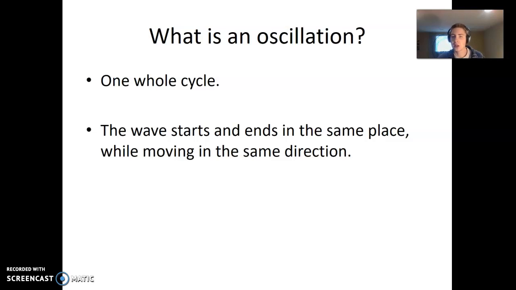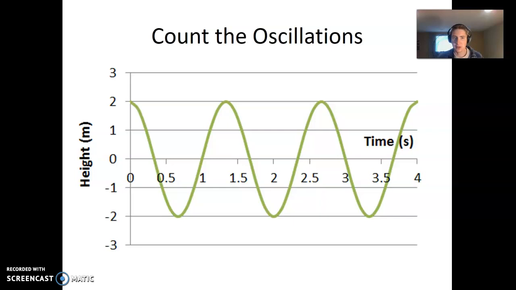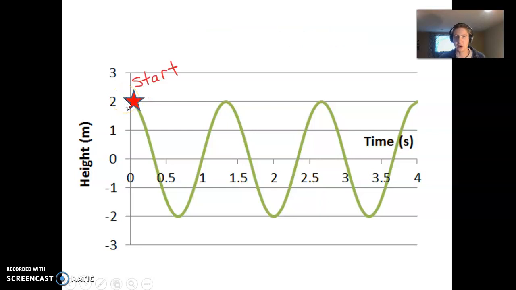And so we'll talk a little bit about position and direction, but let's start out with the first definition. The wave starts and ends in the same place. And so if we look at this wave, we can see that we're going to start at the beginning right here, right on our y-axis. And what we want to do is look for when it ends up in the same position, right? Since we're starting at the top, the only other time it's at the top is right here over at